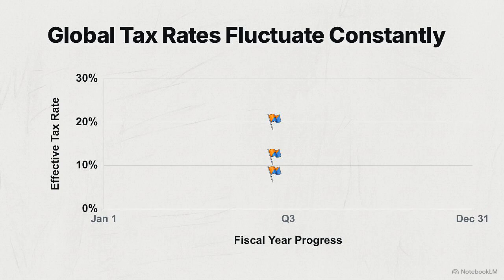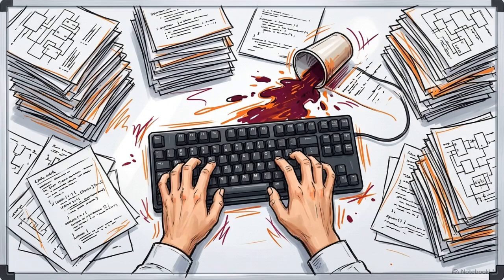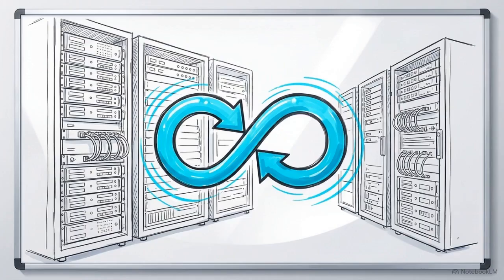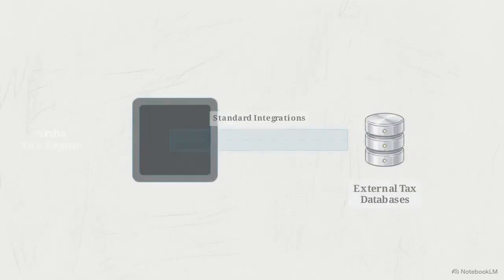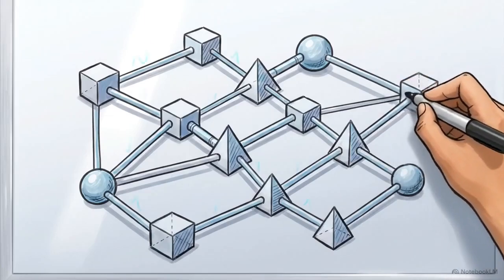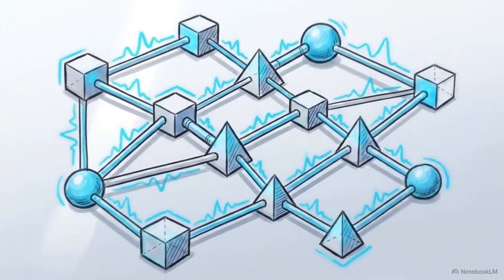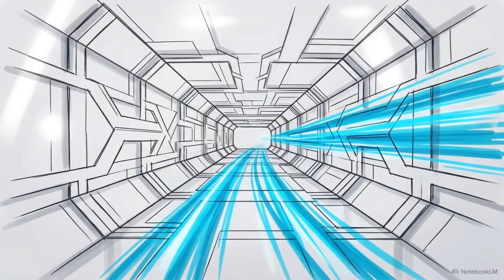The final challenge involves how the enterprise manages continuous global tax rate fluctuations. Relying on manual tax rate maintenance generates operational overhead and increases the probability of human data entry error. The architectural recommendation is to deploy fully automated tax rate updates. This is achieved by utilizing Ariba's standard integrations to pull from specialized external tax rate databases. This allows critical compliance data to flow directly into the system, updating the mathematical logic silently in the background. This constant synchronization eliminates the manual bottlenecks that would otherwise slow the tax management team.